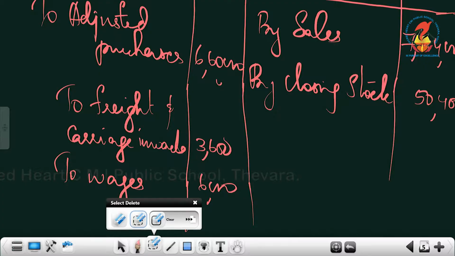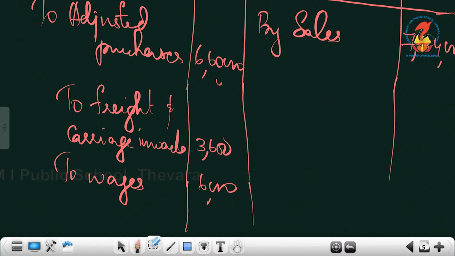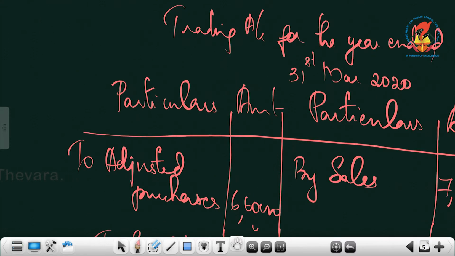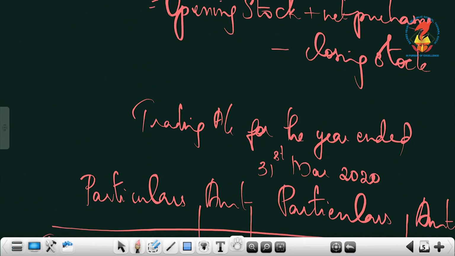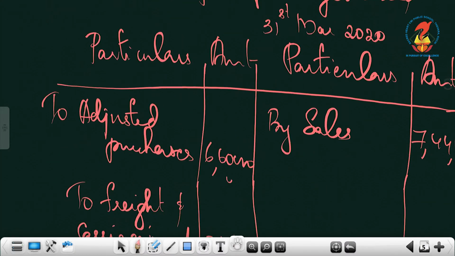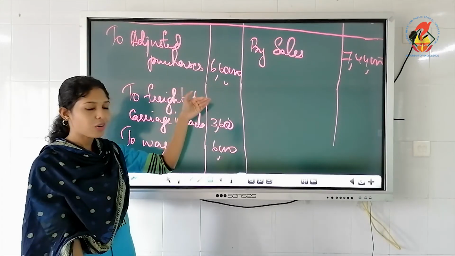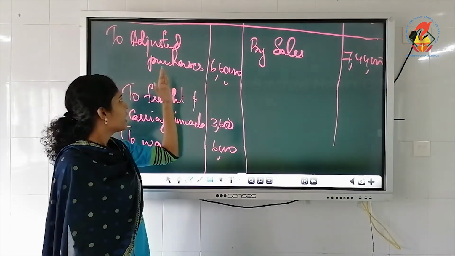Okay, we wrote closing stock. See, closing stock won't be written here. I took it as a normal question. Closing stock we can't write because adjusted purchases we discussed already. These three items are already being adjusted. So closing stock, again, don't write on the credit side. I had asked you to exclude it, but accidentally I wrote it on the credit side. Don't make this mistake when you do it in the exam.